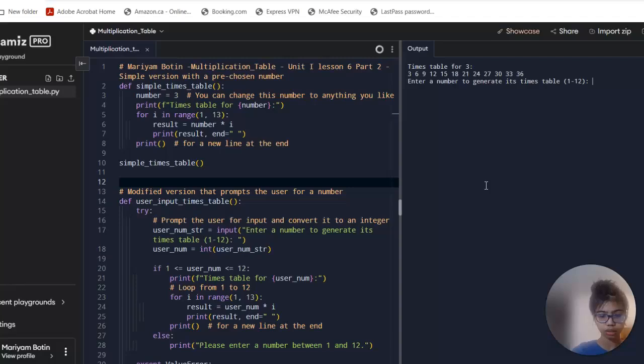Let's do the multiplication of 4. Okay, now it shows the times table of 4 is 4, 8, 12, 16, 20, 24, 28, 32, 36, 40,